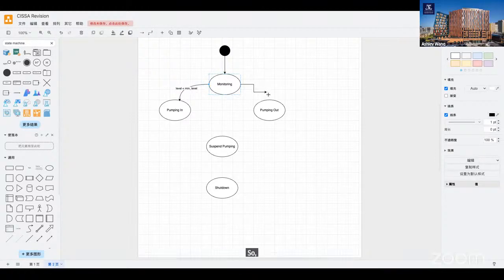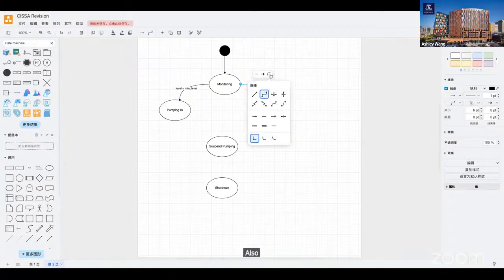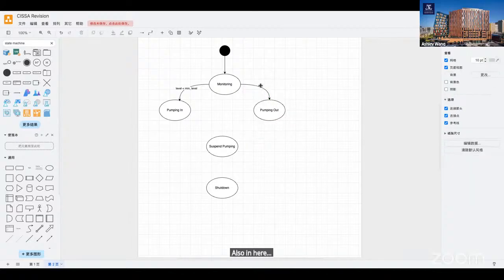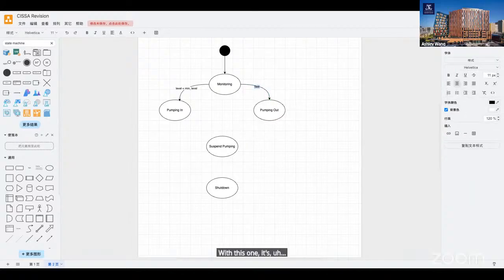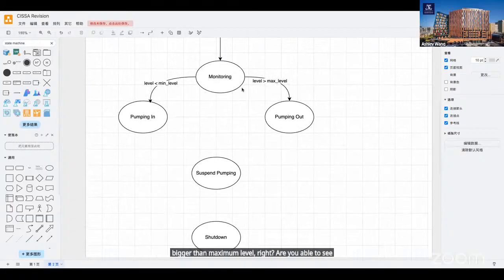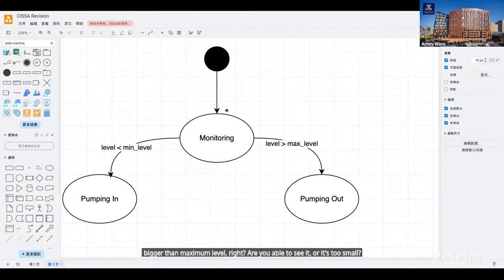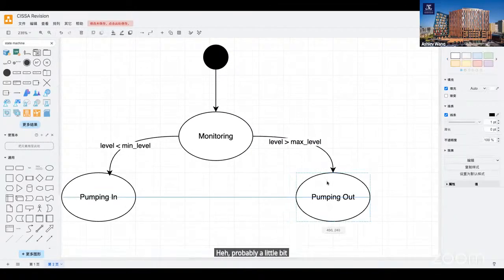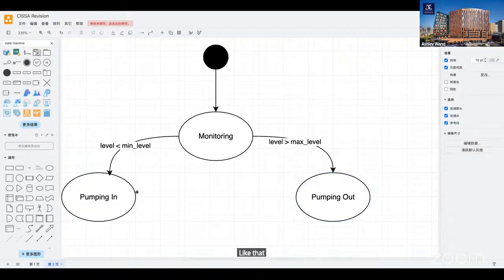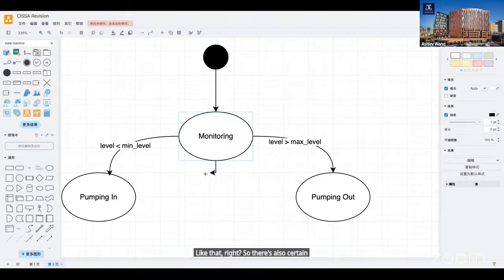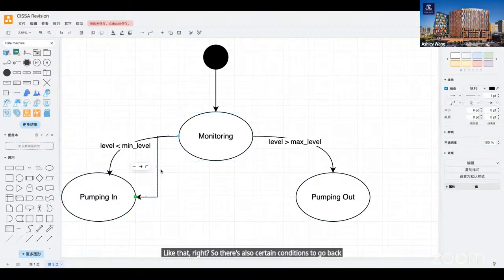So, and then also in here, with this one, it's level bigger than maximum level, right? Are you able to see it or it's too small? Probably a little bit small, like that, right? So there's also certain conditions to go backwards as well.